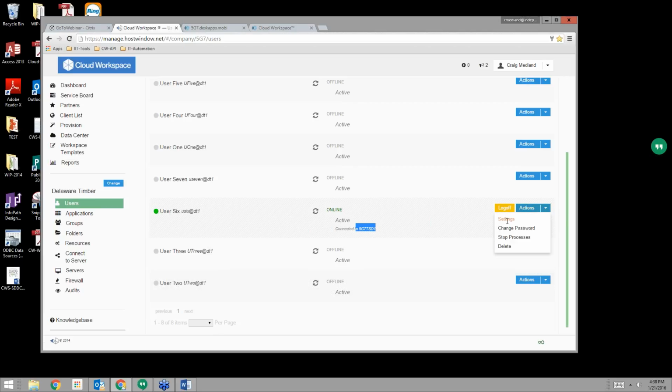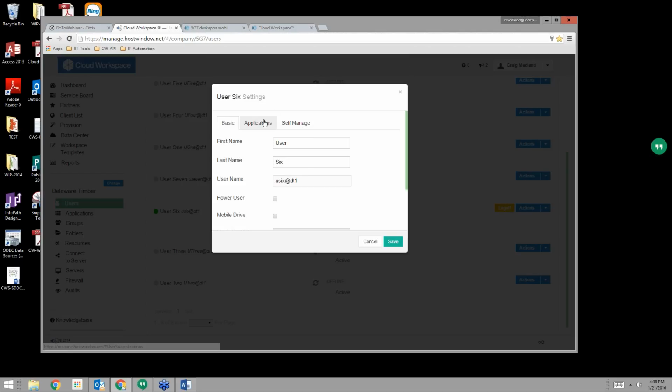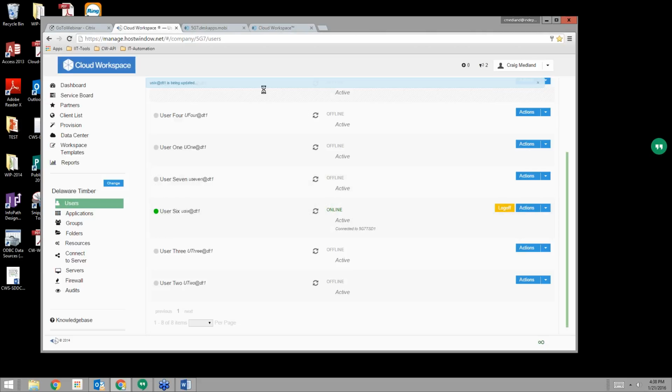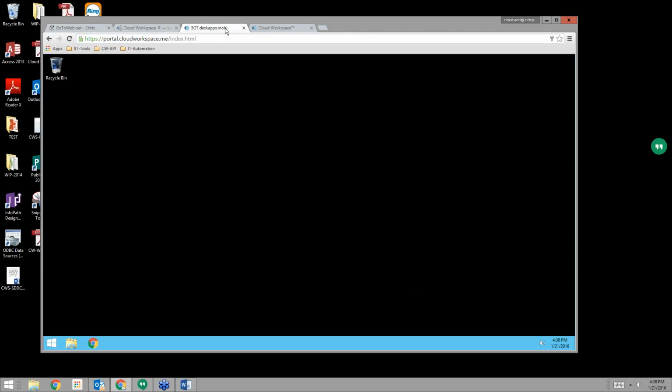So if I go into my actions pane and I go into settings, then I see that for this particular user, they currently have access to Acrobat Reader. So why don't we disable that and enable 7-zip and save. So again, I get the blue that confirms the action, and in a split second here, the green confirms that our automation service, which detected the request, has completed the request.